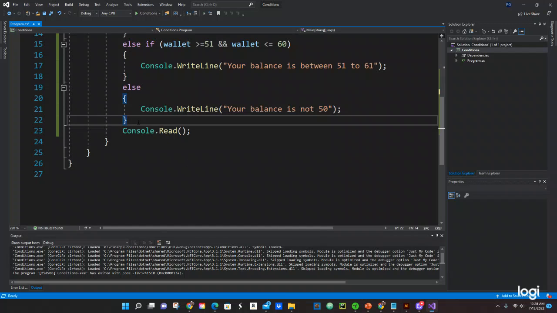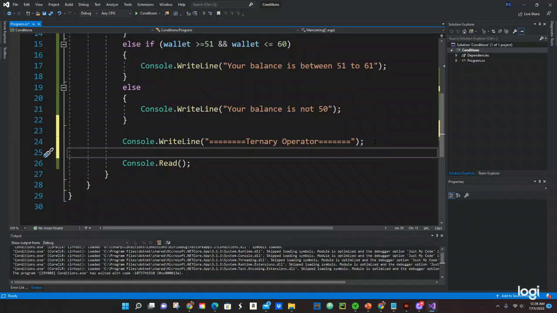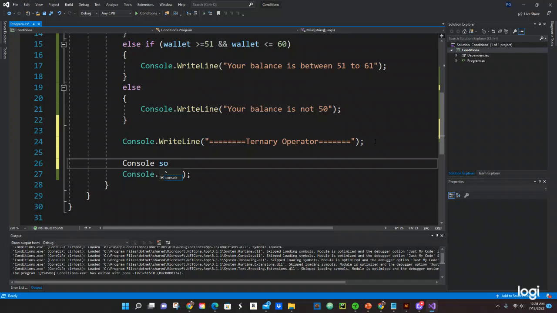Let's paste it right here. Get rid of this, and let's just do the ternary operator. Okay, so let's just do right here Console.WriteLine, and right here we're going to start first with a condition, which is going to be wallet